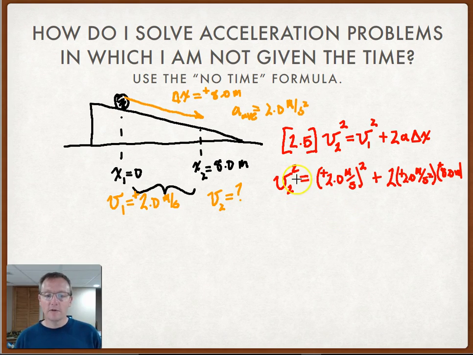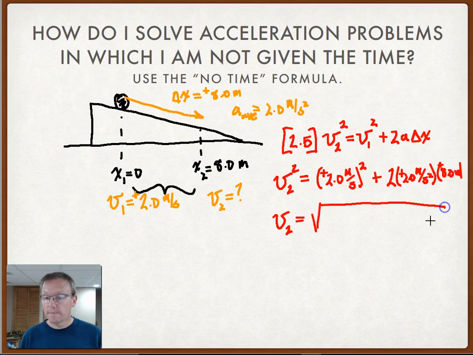So I want you to think about this for a second here. How do I get rid of that squared right there? Well, I have to actually square root everything under it. So I'm going to go ahead and rewrite it here as everything under the square root sign. But I'm going to try to solve some of it as I go here. So this is positive 2 squared. So that's positive 4.0 meters squared per second squared,